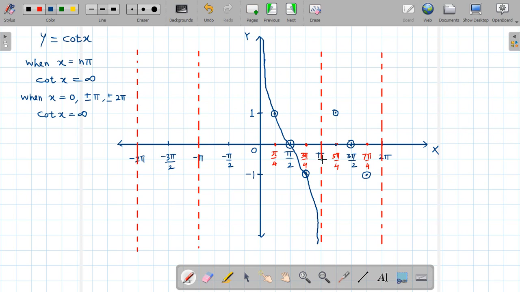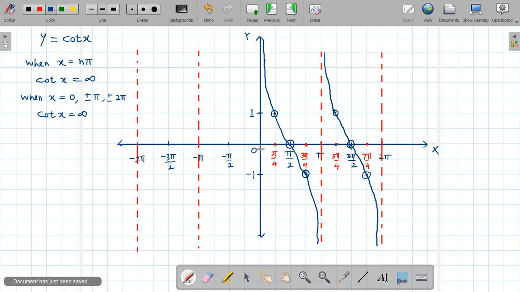Then we know that cot pi is infinity, and here cot 2 pi is also infinity. So this is in the upward direction and this is in the downward direction. So how will you join this? Without touching the red line, we have to draw the curve of the cot function by taking all these known values like this. Just show it in the downward direction here. Okay, so this is the graph of the cot function between pi to 2 pi.